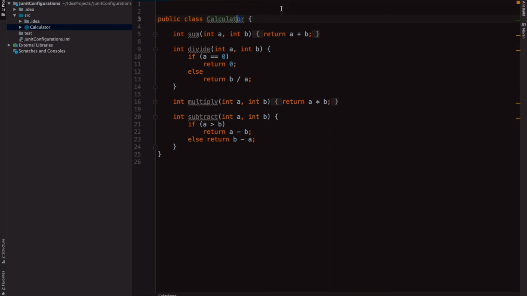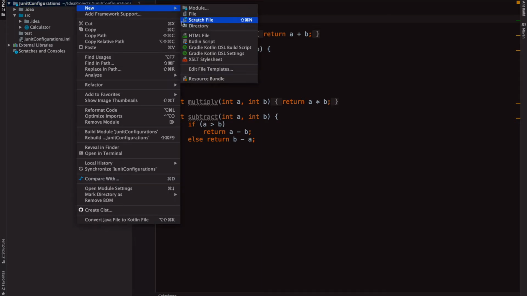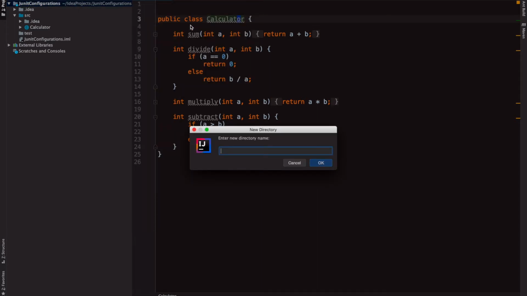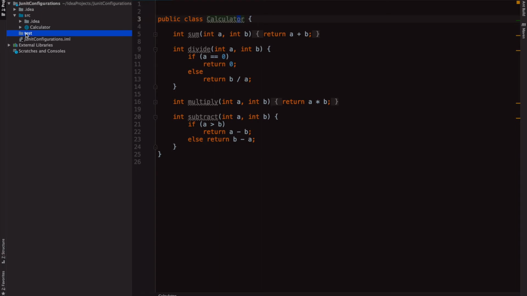Select project's base directory, that is JUnit configuration, and right click and create a new directory called test. I have already created it in my case. As of now, this is just a package and the compiler isn't aware that this is our test root.